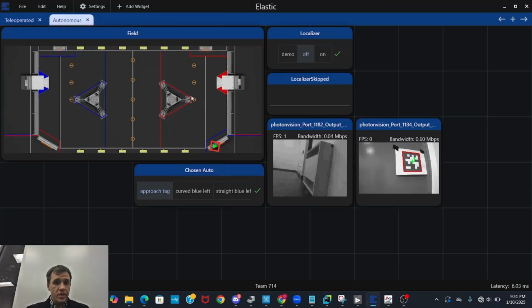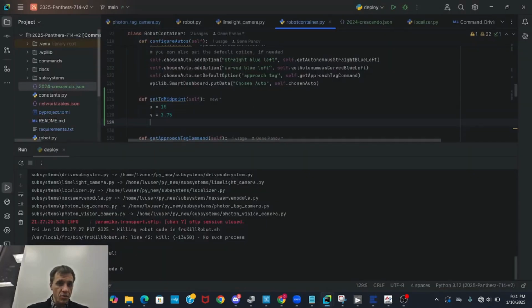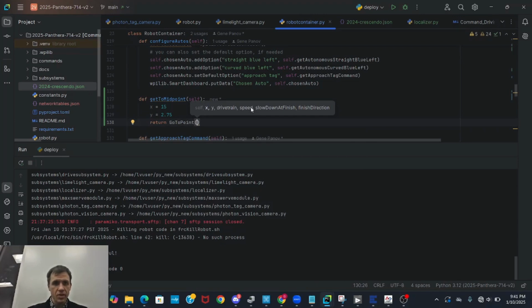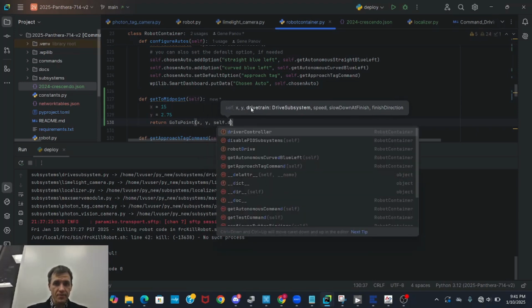Or maybe even this point. I forgot what the coordinates are, I'll be honest with you. But okay, let's stick with this point, 15, 2.75. You can only get to there if you really, really understand where you are given the tags. So we're going to say return go to point command, and we need to give it x, y, self.drivetrain